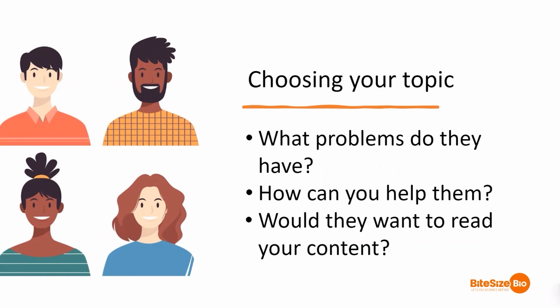Right, you've created your audience. Now it's time to use them to help you pick what you're going to write about. Of course, you might already know what you want to write about, for example, if you've got an original research paper, but you can still use your audience to help shape this. But for other content, such as a review paper or a blog post, this is a really critical step. You should use your imaginary audience to ask, what problems do they have? How can you help them? And as you're going through forming ideas for content, you can ask, would these people want to read it?